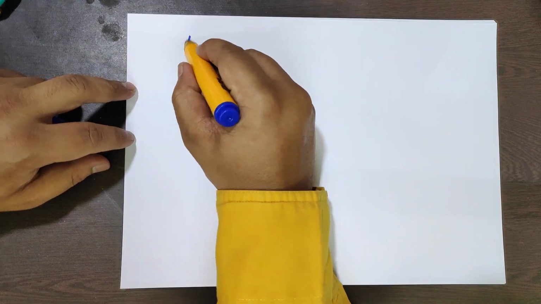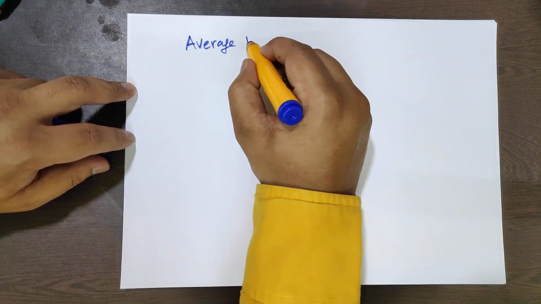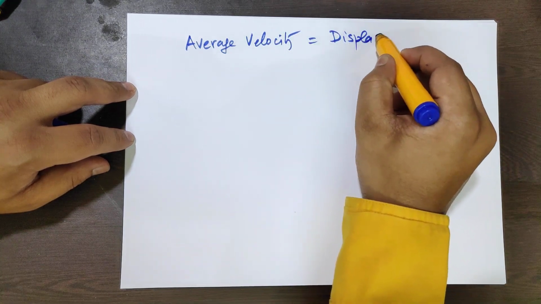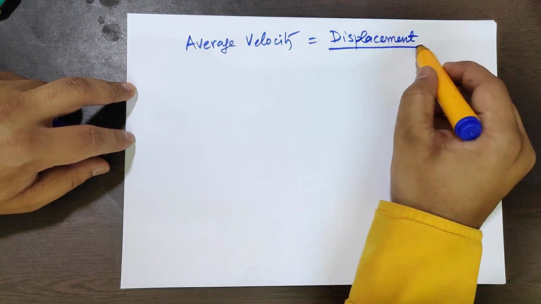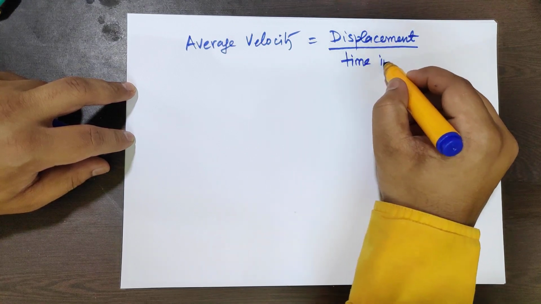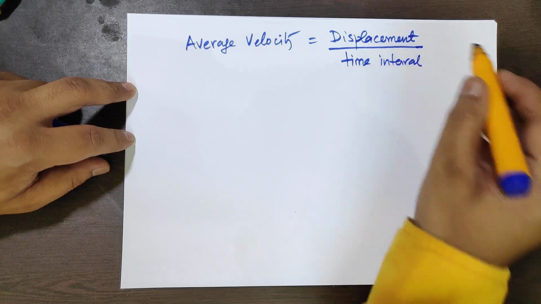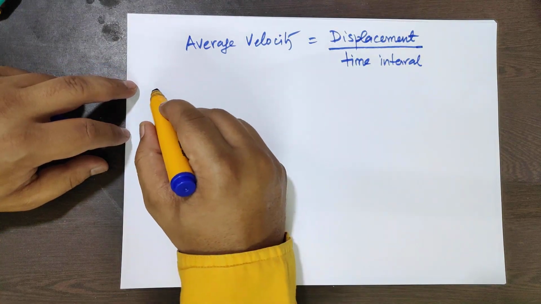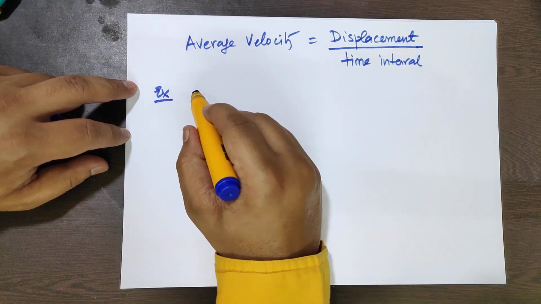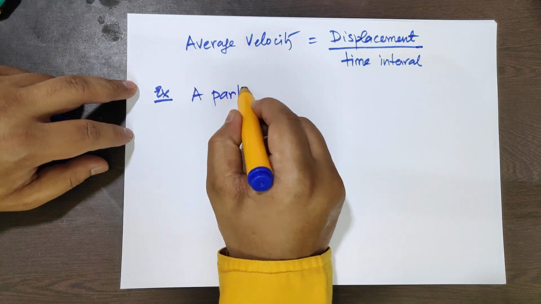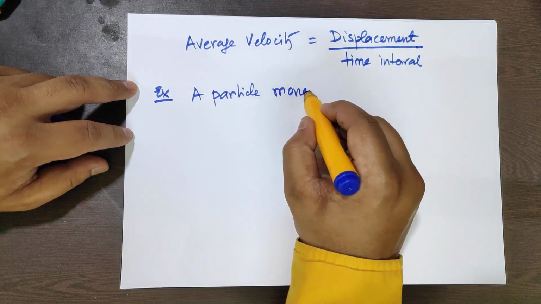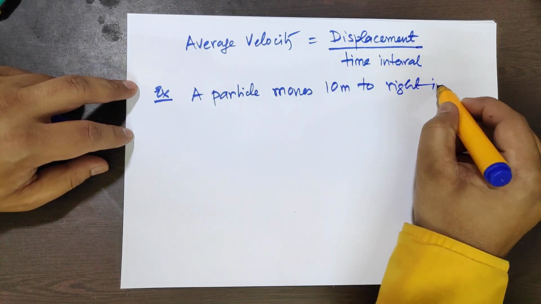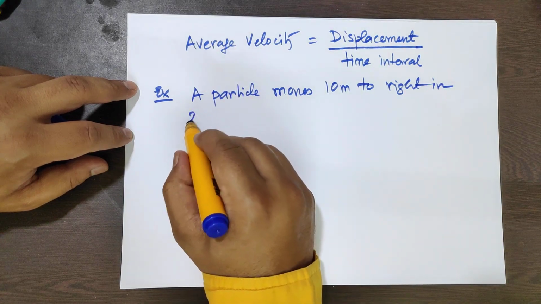Average velocity is equal to displacement by time, or the time interval in which the displacement occurs. Okay. Suppose one example we will consider. Suppose a particle moves 10 meter towards right in 2 seconds